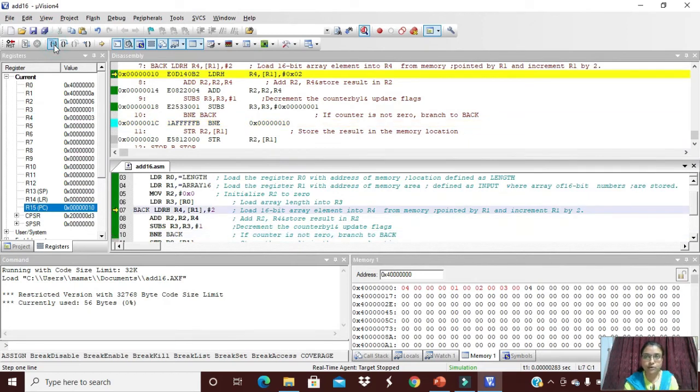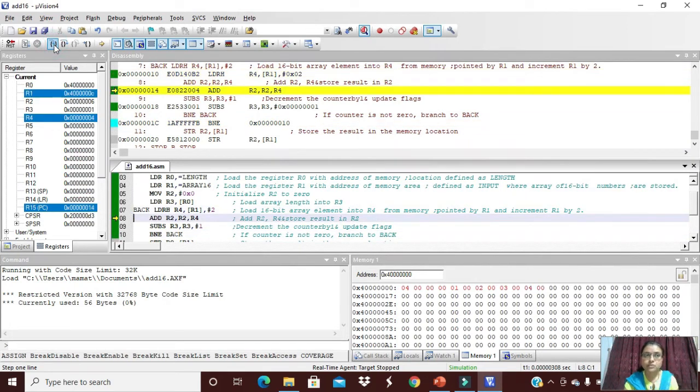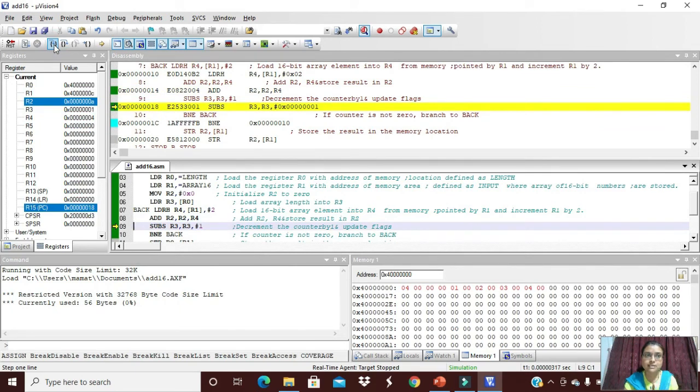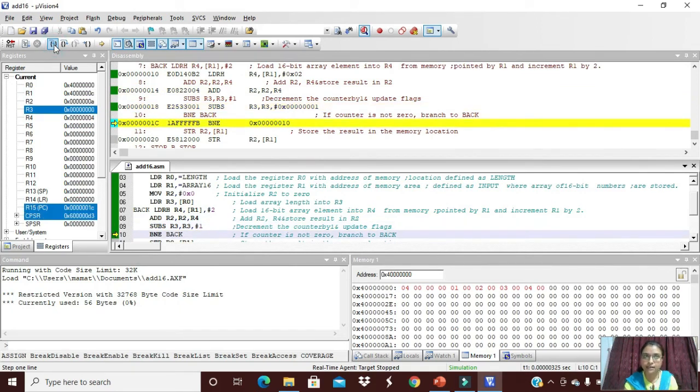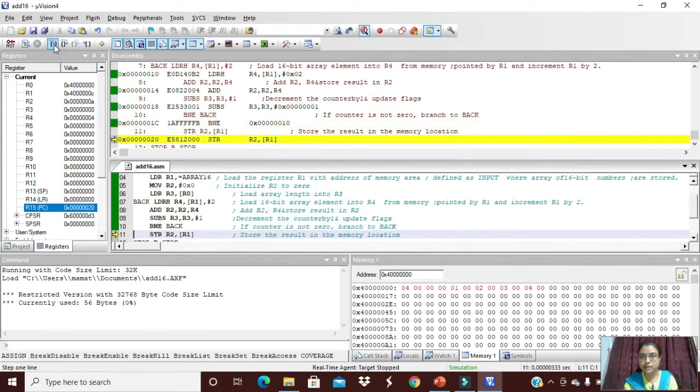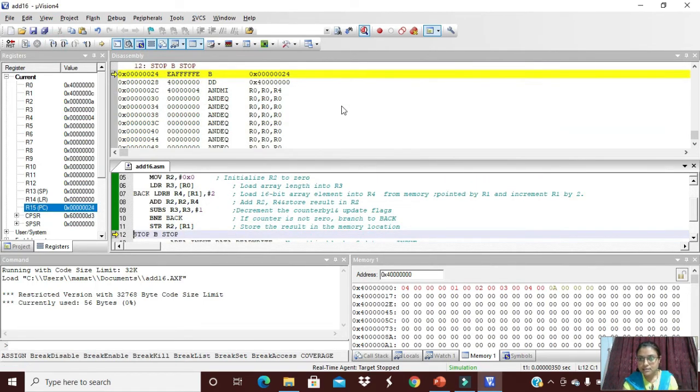Again the next value is taken, that is 04. So 6 plus 4 is 10 in decimal, but in hexadecimal it means A. That is the value stored in the register R2. Then again R3 is decremented, and it becomes 0. That will be compared with 0. If it is equal to 0, it will stop the execution and store the result into the memory location, right? See here, the result will be in the memory location, that is 00000A. As it is 32-bit, it will take 4 memory locations.